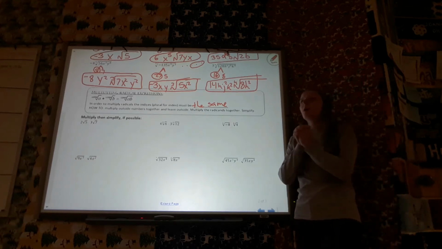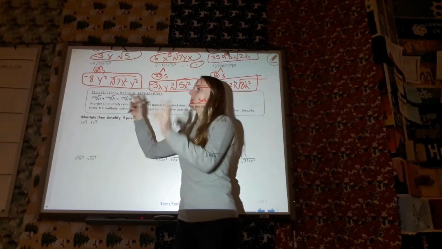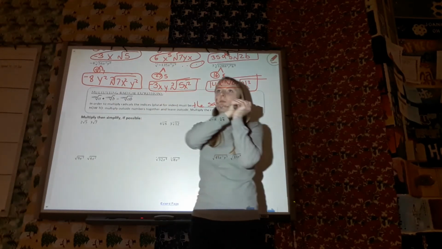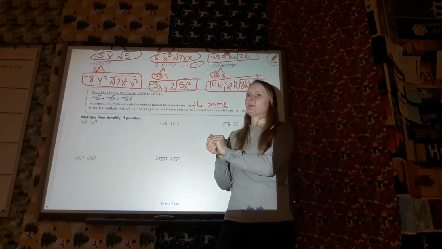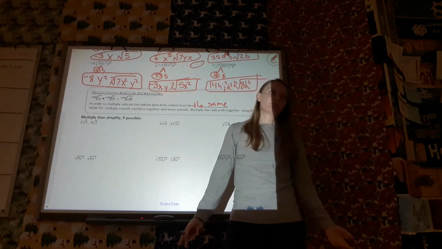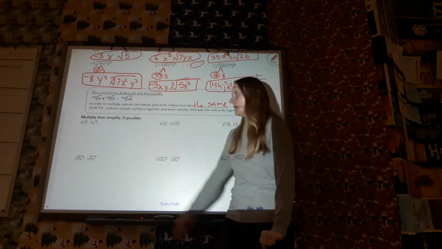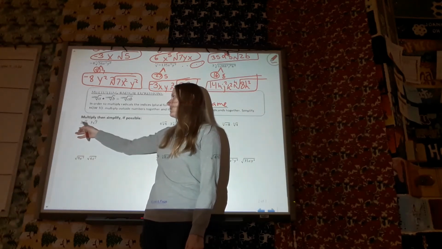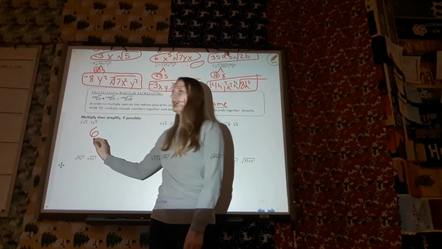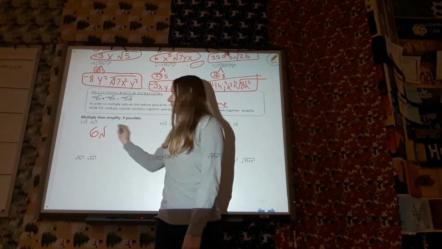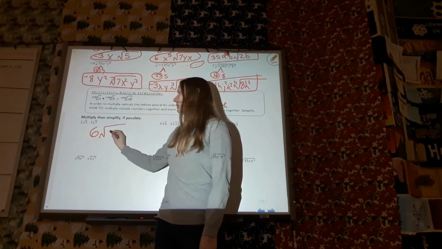Once you've confirmed that they are the same, all you have to do is multiply the outsides together. Whatever's on the outside gets multiplied, whatever is on the inside gets multiplied, and then you simplify if you can. It's really straightforward. Okay? So for this one, the two numbers on the outside are 2 and 3, so you would multiply them together to get 6. The two numbers on the inside of the square root are 5 and 7, you would multiply them together to